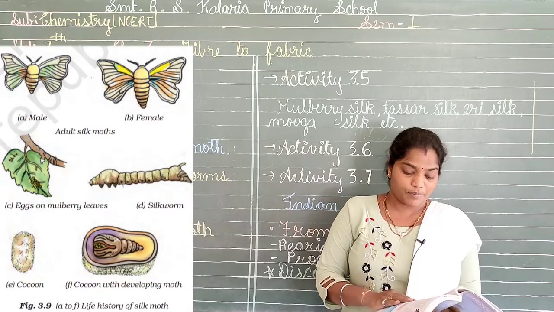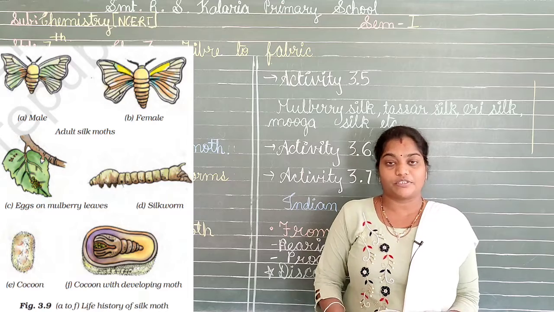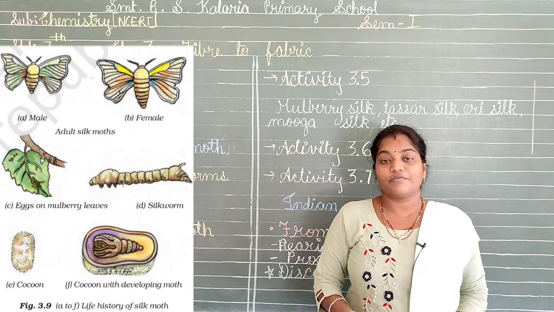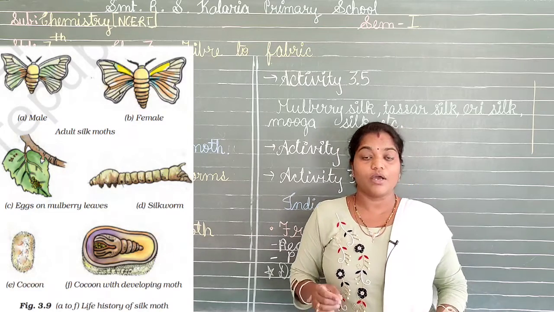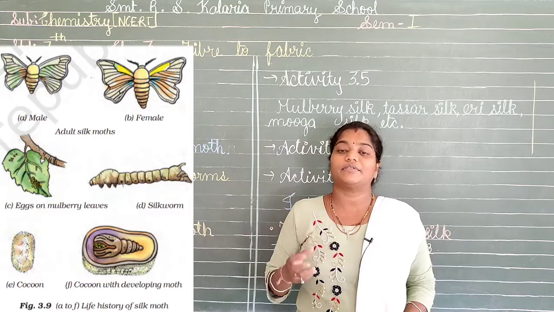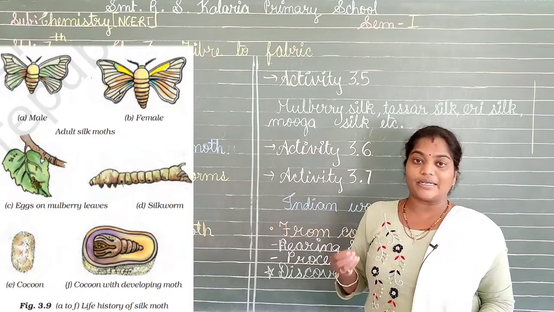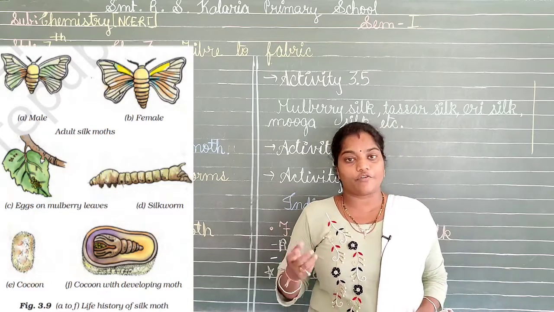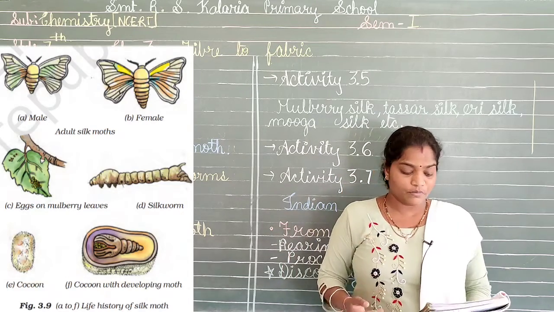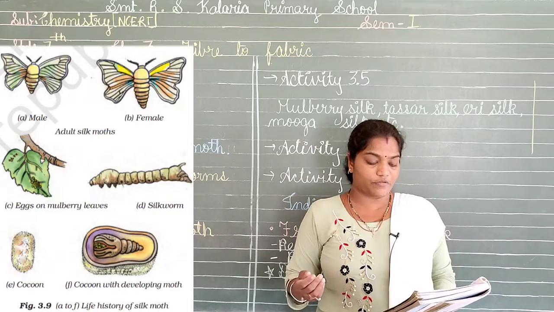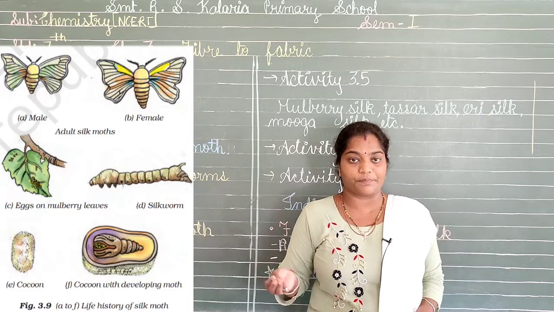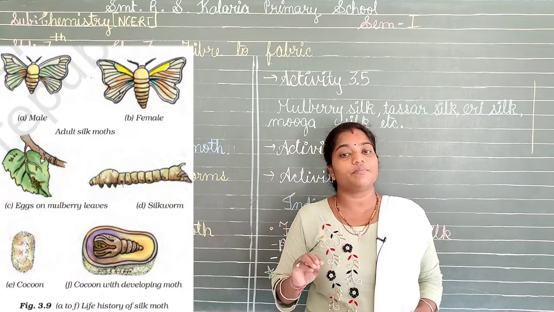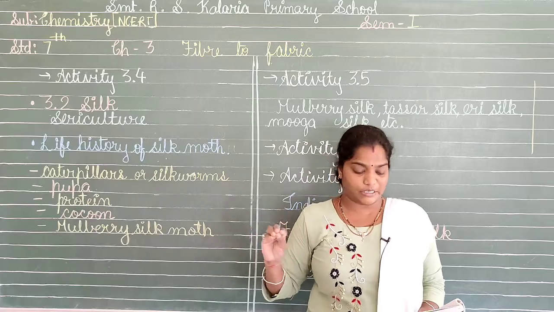Now here we have the processing of the silk. What is this processing? A pile of cocoons is used for obtaining silk fiber. We cannot use a single cocoon, but we need a lot of cocoons to get silk from them. There are three methods to prepare them: we can boil them, heat them directly in the sun, or expose them to steam. When we do this, they become softer and can easily be made into pure silk fiber.